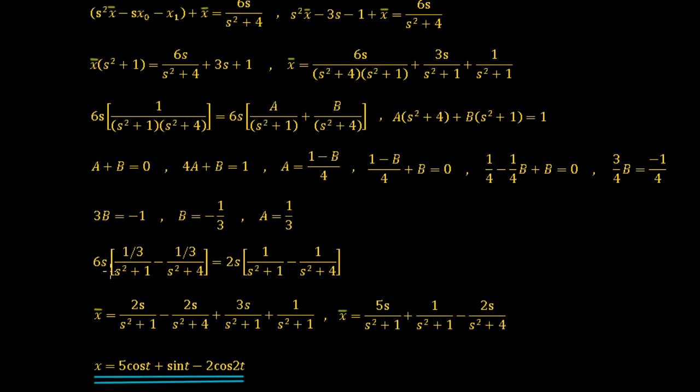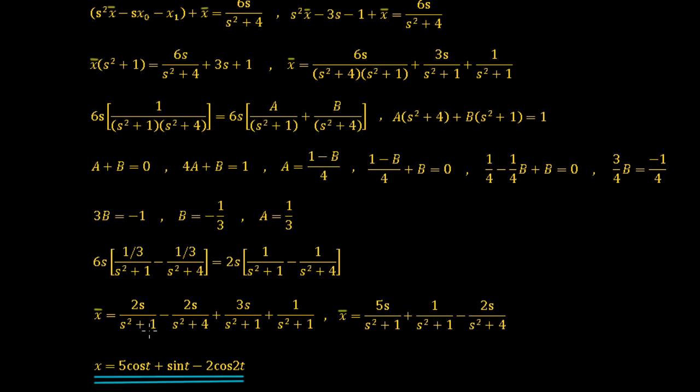So this means the term here can be written as 6s times (1 upon 3s squared plus 1 minus 1 upon 3s squared plus 4). Taking out the 1 upon 3 gives us 2s times (1 upon s squared plus 1 minus 1 upon s squared plus 4). Now putting all the terms in together,